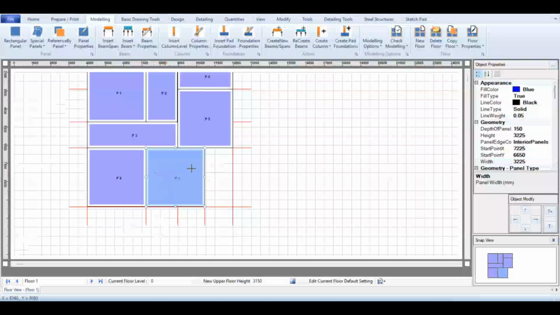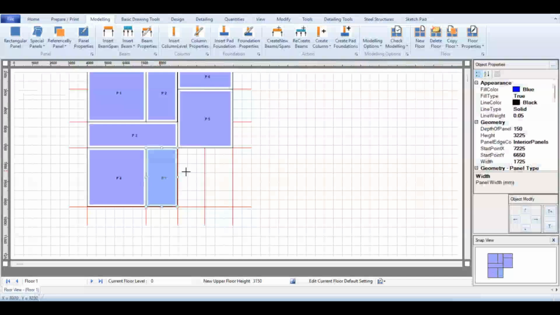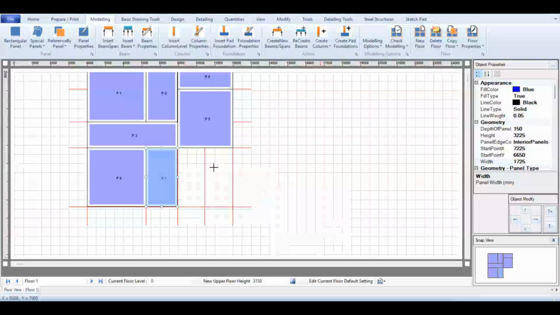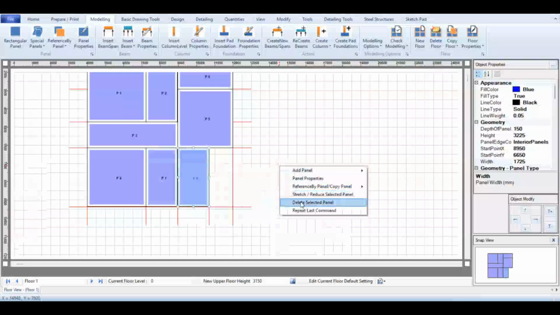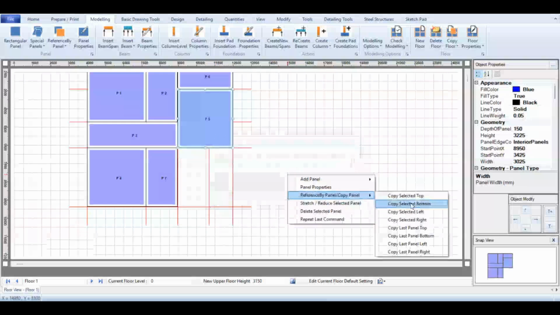We call this the width of this place. Let's call the width of this place 1,500. Let's say 1,725. So, and we copy right. No, wait, let's delete this one so that it will be easy. We copy bottom,